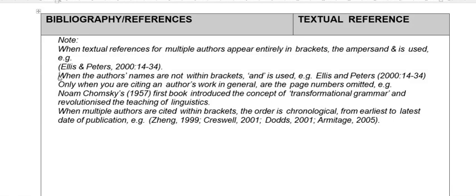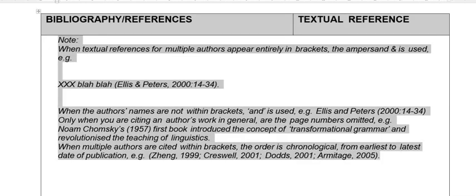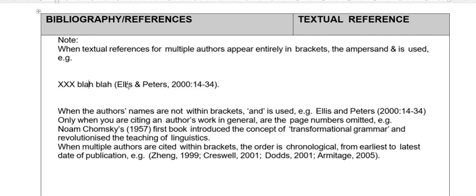So if you write something and you say XXX blah blah blah, you need to cite the sources. So you can cite it at the end of the sentence, and I don't want all of this in italics. So if you cite it, you give the author's names, okay, the year, and the page number, specifically if